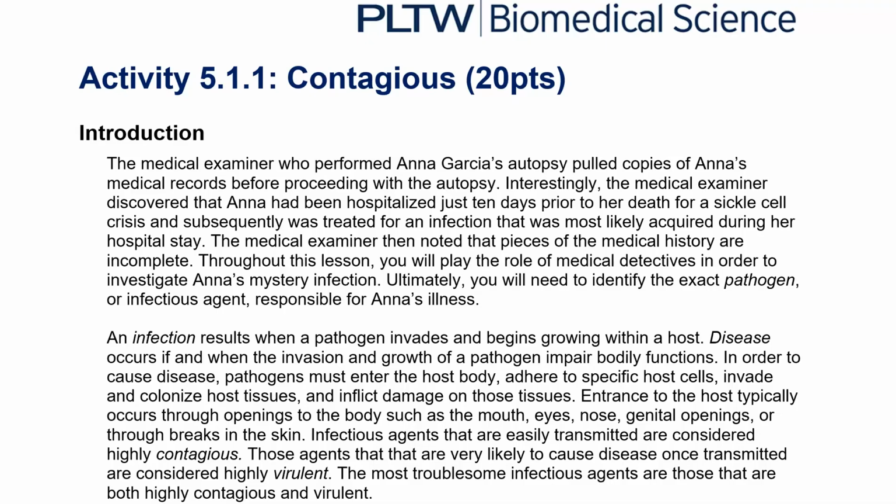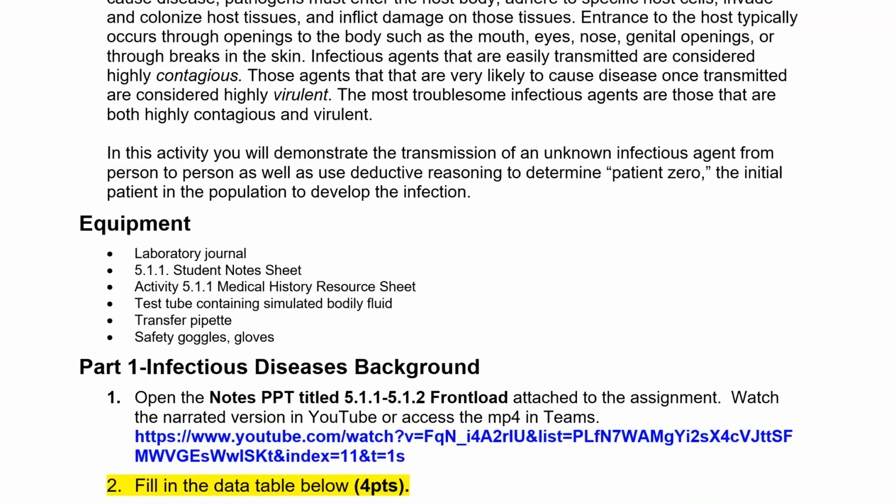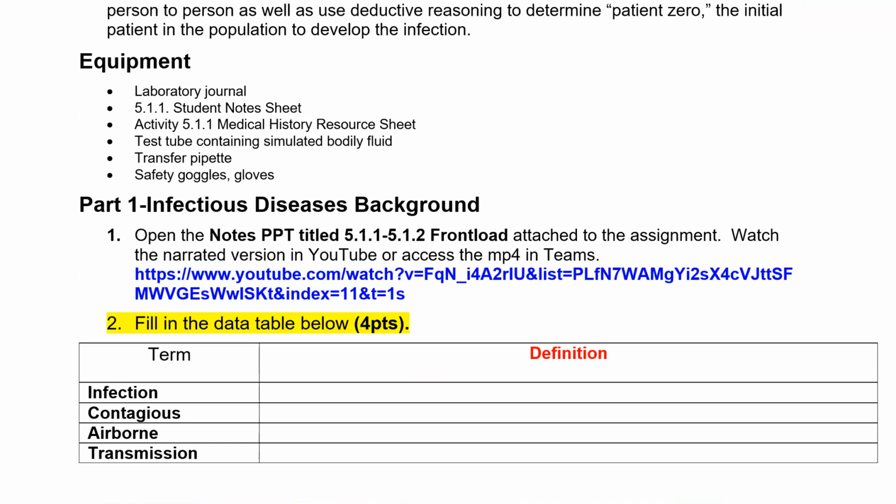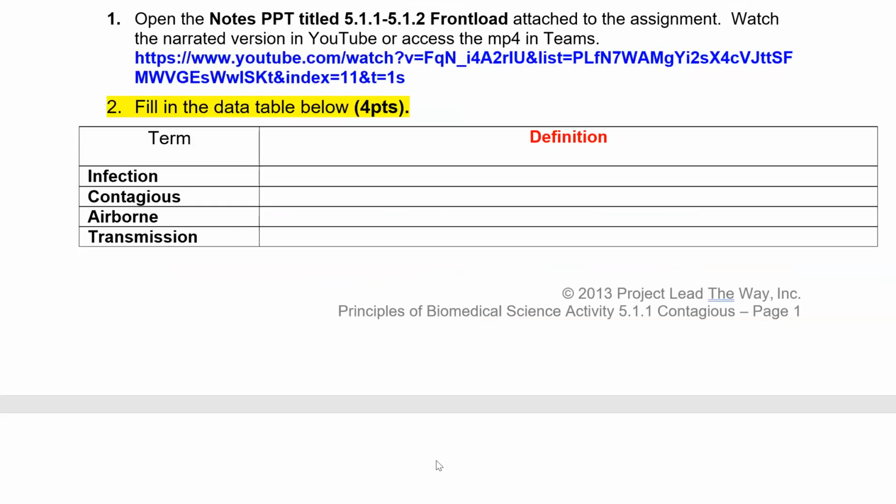All right, students, as you can tell, this activity is done in grades a lot lower than ours, but here is your activity to figure out how the contagious disease was spread. Open this up in Teams and go ahead and read through the introduction. There are some narrated notes that you guys can watch before you just watch this video that talks to you about these terms, or you can Google them. Give me your definition in your own words of what these terms are and how they're different.